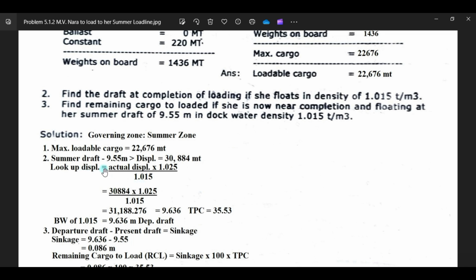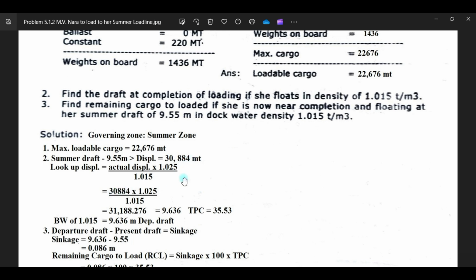so here summer draft is 9.55. This will be your summer draft or departure draft, or maximum draft, and the displacement is 30844. So look up displacement. Formula is actual displacement times 1.025 over the local density of 1.015.